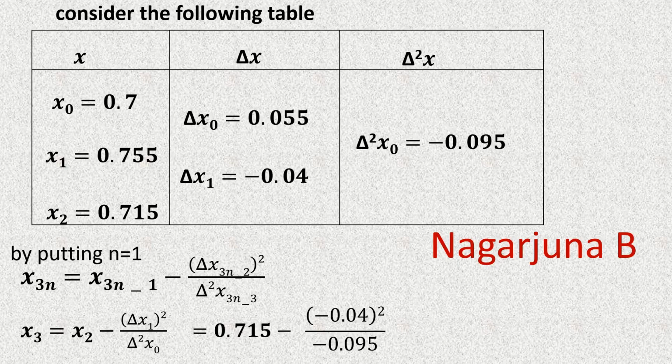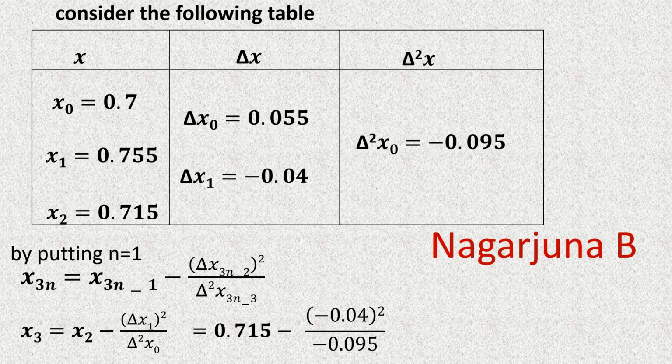In the calculator, write this one as 0.715 minus within the bracket double bracket minus 0.04 whole square, close the bracket, then again write divided by open the bracket minus 0.095, close the bracket, again close the bracket, and this will give the answer,